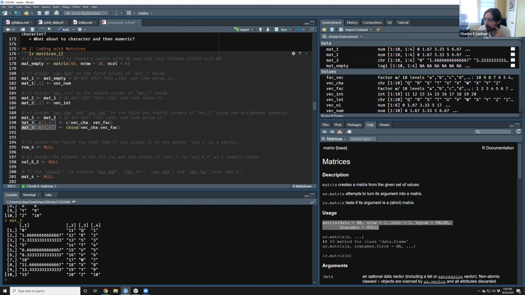So here's a question. Why doesn't mat3, 3, 4 work? Why doesn't it work? Appears to work for me. I can't see any reason why it shouldn't work. So what is yours doing that is not working?